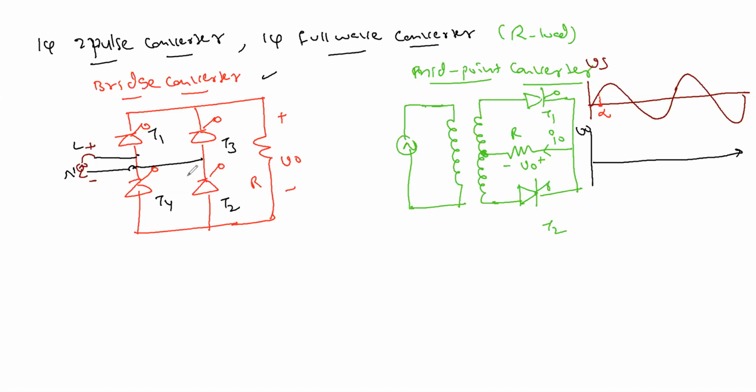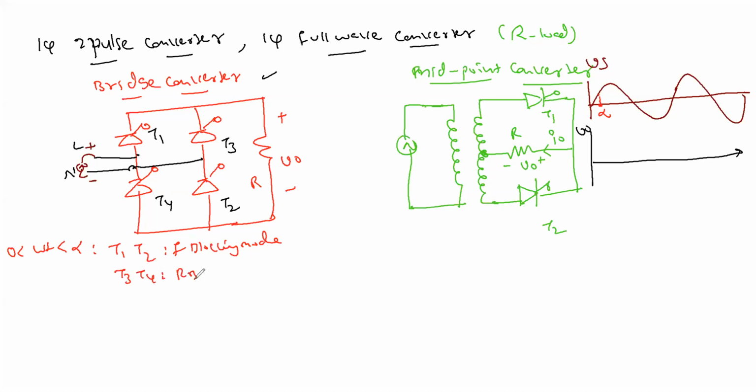V0 पहले ये देख लो. So 0 to alpha, T1, T2 are forward blocking mode. तो voltage नहीं आएगा. That's what I'm saying. Omega T 0 to alpha, T1, T2 are forward blocking mode. You understand this point? ये वाला समझ में आ गया आपको? क्योंकि फॉरवर्ड बायस में है T1 T2 फॉरवर्ड बायस में है, लेकिन सिग्नल नहीं दिया, SCR को गेट सिग्नल देना है तभी चालू होगा। T3 T4 के लिए रिवर्स बायस है,